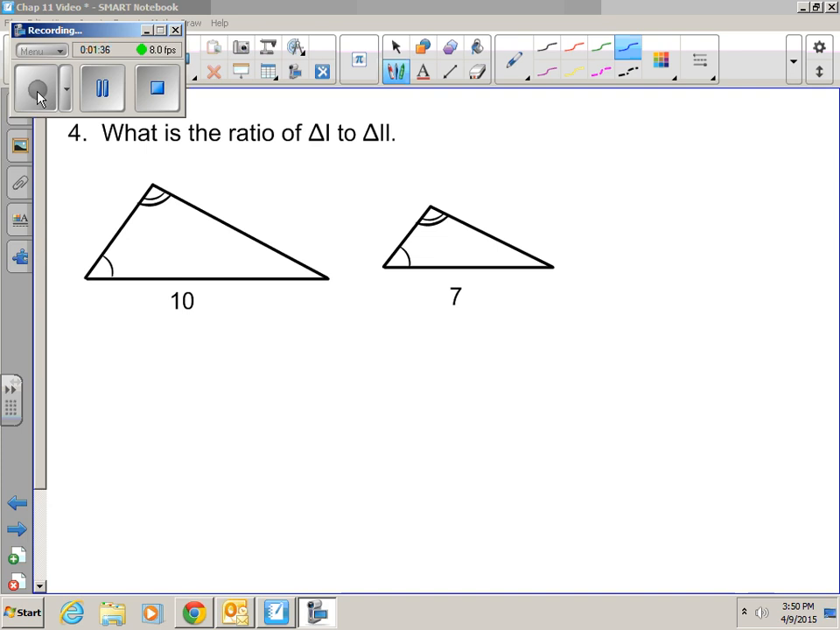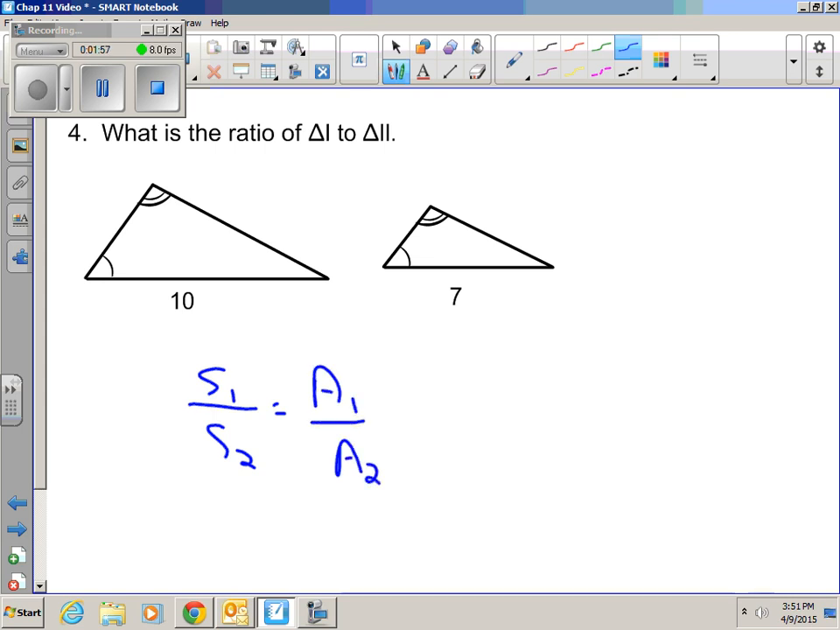So, what is the ratio of the areas? When we say what is the ratio of triangle 1 to triangle 2, we are talking about their areas. The ratio of areas is always the ratio of their sides squared. In other words, side 1 to side 2. Their areas, area 1 to area 2, is equal to, well, these aren't equal yet. The ratio of the areas is equal to the ratio of the sides